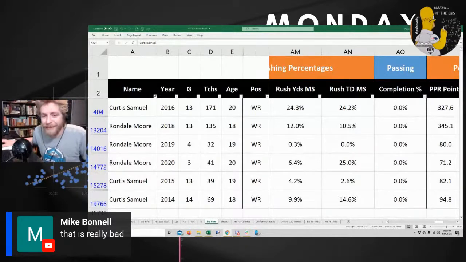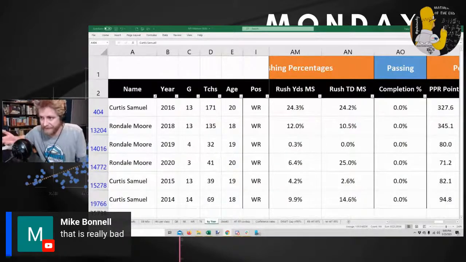It's not bad, man. Yards per reception isn't a measure of how good or bad a player is. It's just not. It's how many yards they got per reception. And it does speak to the fact he was playing a shorter slot role. But 10.8 yards per reception is bad in the same way that 17.0 is bad. I mean, it's not bad in and of itself.